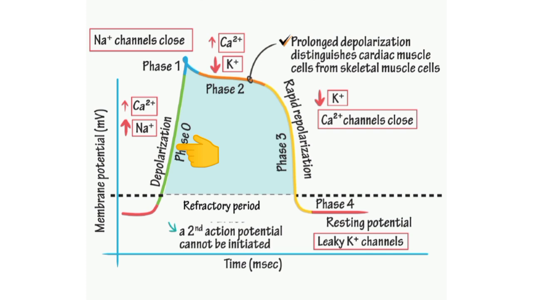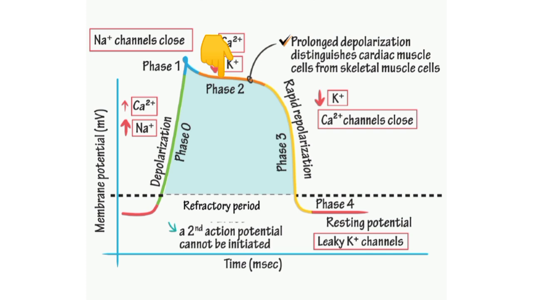Immediately after depolarization, there is an initial rapid repolarization for a short period of about 2 milliseconds. The end of rapid repolarization is represented by a notch. Afterwards, the muscle fiber remains in a depolarized state for some time before further repolarization. It forms the plateau in the action potential curve. The plateau usually lasts for about 200 milliseconds in atrial muscle fibers and for about 300 milliseconds in the ventricular